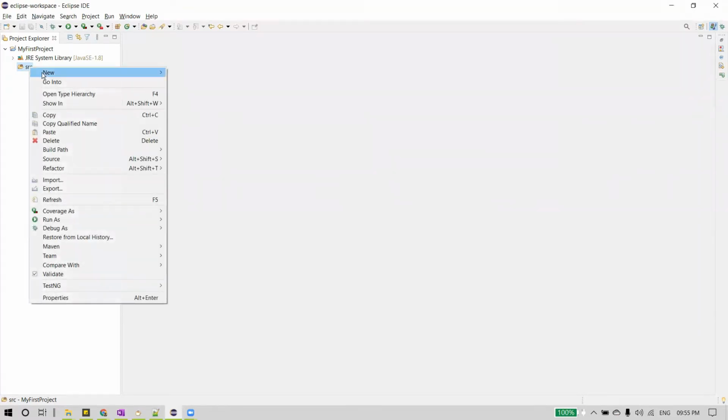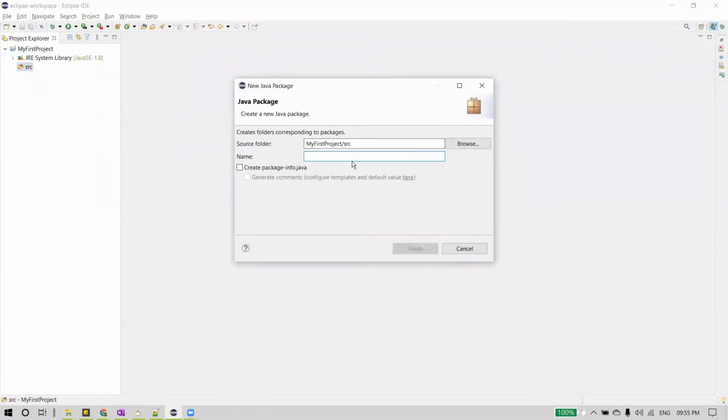So let's right click on this src, New, click on Package and provide a package name. This can be any package name. You can give any name of your choice, but the convention here is that it has to be in lowercase. And another convention companies follow is that it will usually be a reversed internet domain. Say for example, you are from some example company which has something like example.com. In that case, your package name starts with the reverse domain, like com.example, and then you can have any package name which is related to your Java programs.